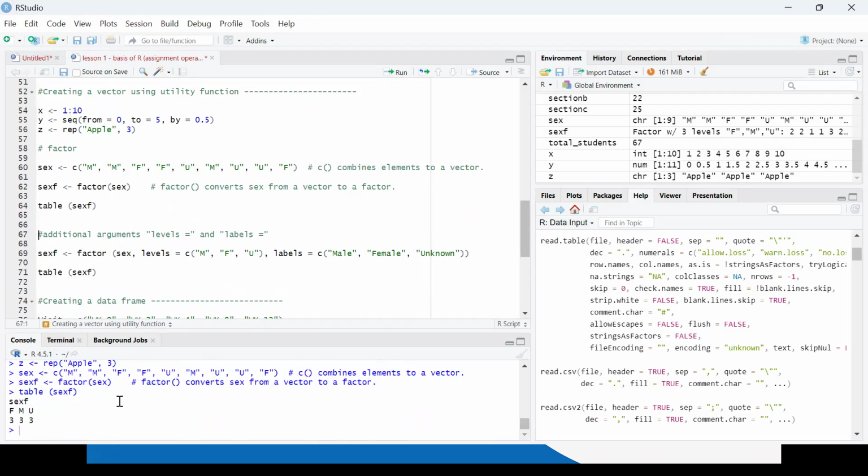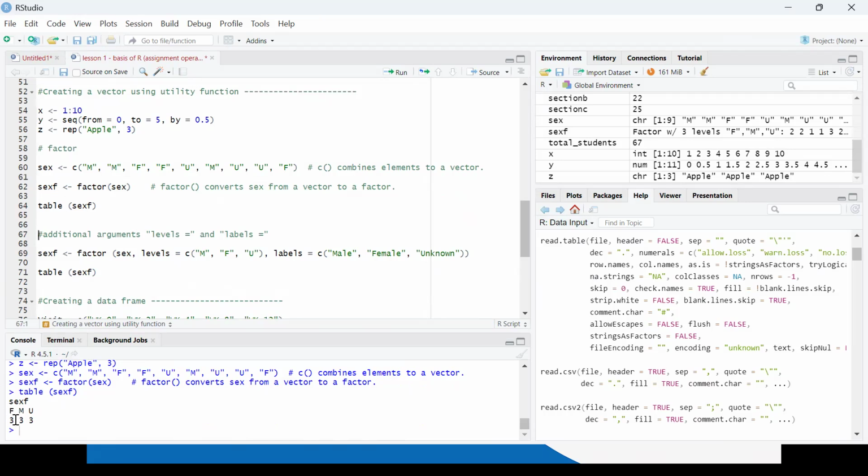In the console window, you can see that when I run the table function and pass the factor sexf, it gives me 3 distinct values, which are f, m, and u. And in the next line, it gives how many f's, m's, or u's there are in my